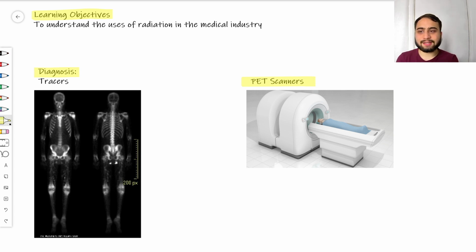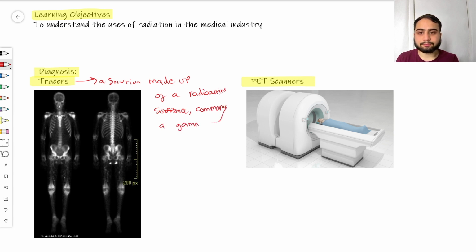So the diagnosis is commonly done by something called a tracer. The tracer is a solution made up of a radioactive substance, commonly a gamma emitter, and this is then injected into the patient. Okay, then the patient is put under something called a gamma camera,